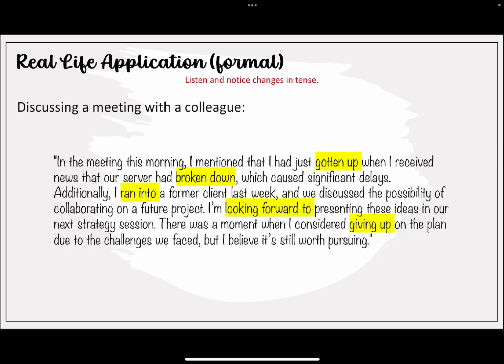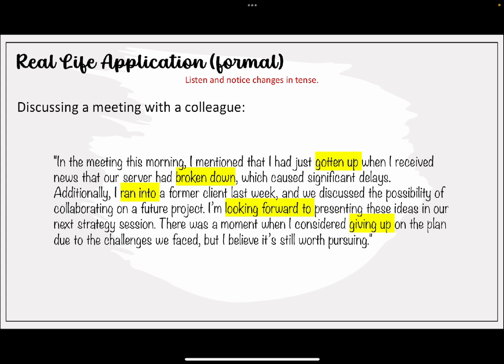Now I'm going to do the same thing again. However, I'm going to change it to a more formal tone. So this will suit those of you that are wanting to learn business English. So it might sound a little bit more formal. I'm going to pretend that I am discussing a meeting with a colleague, but I'm still going to use phrasal